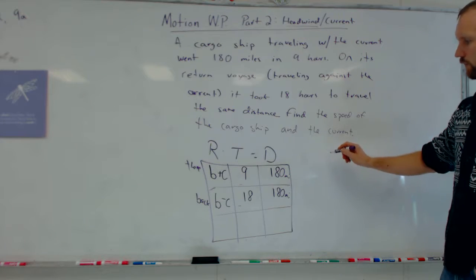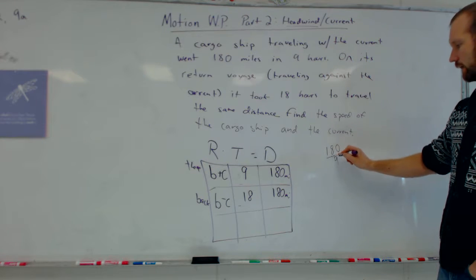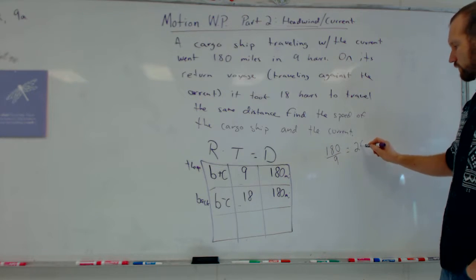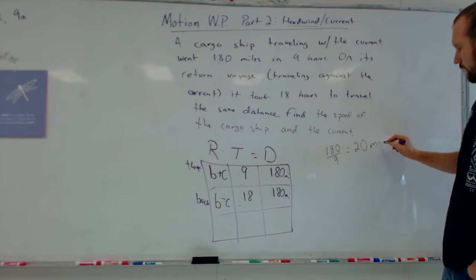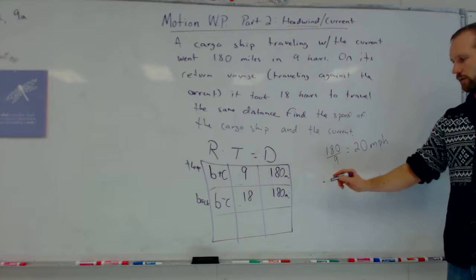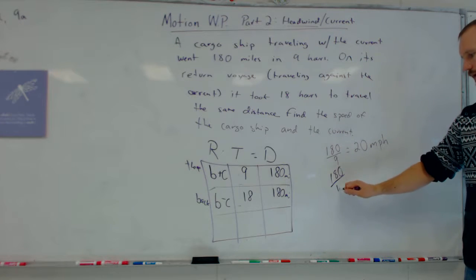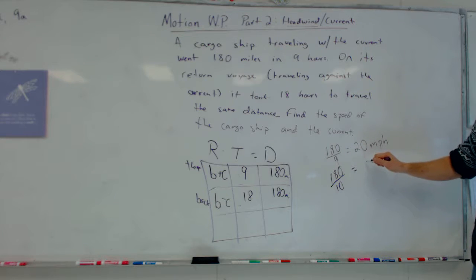So if we took 180 divided by 9, we would know that his rate going there is 20 miles per hour. And the other one, the rate coming back, 180 divided by 10,